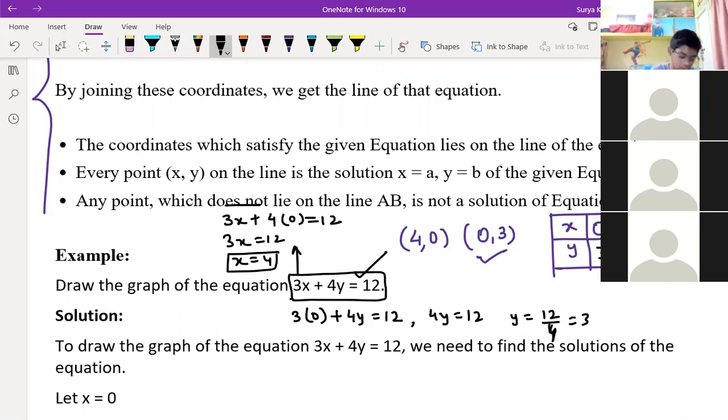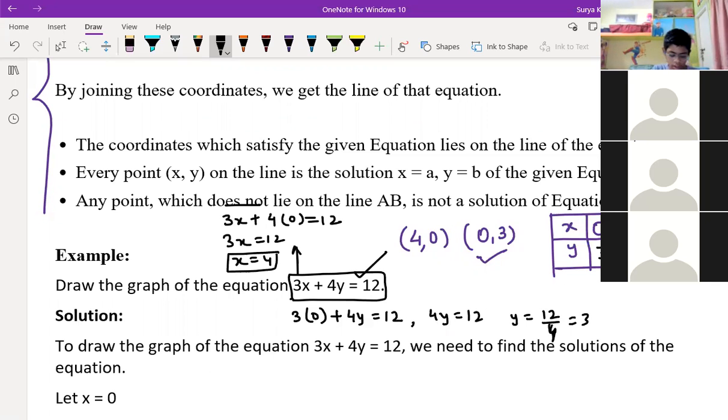Pulastya, show me the graph you have made in the notebook. Yeah, I'm drawing it. Okay, fine. Sai Charan: we can take x as 5 or 6, sir, but the answer which we get as y should be convenient for us to represent in the graph. Yeah, exactly.